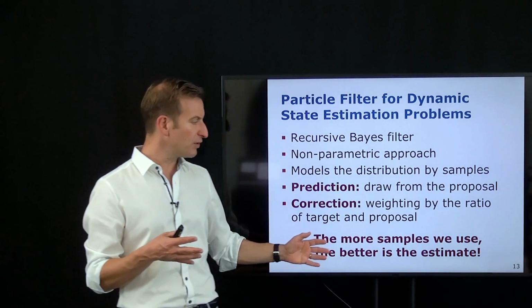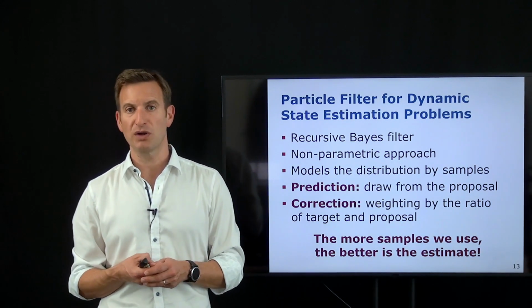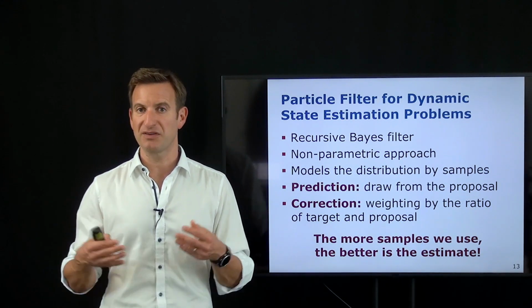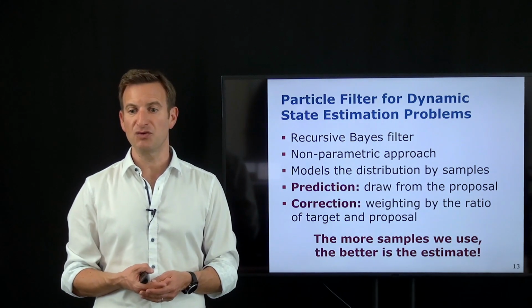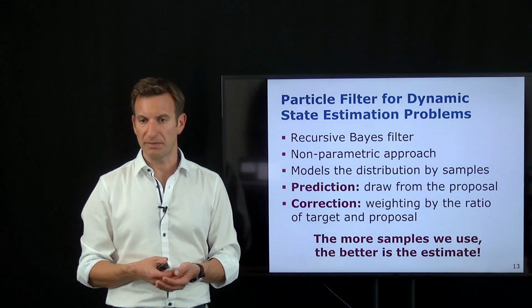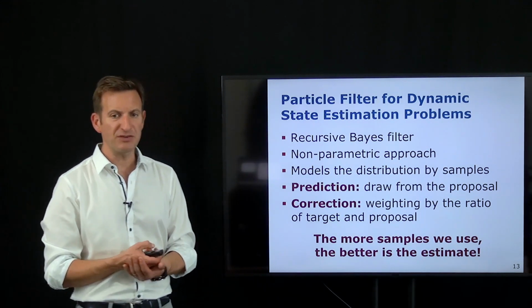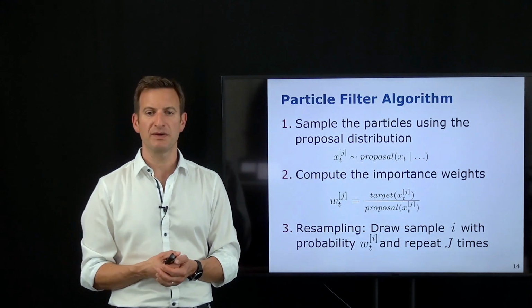One note, of course: the number of samples that you're using determines how good your approximation quality is. So the larger the number of samples, the better you can approximate or represent your probability distributions, so the better your performance in terms of estimation will be. And this brings us to the particle filter algorithm, at least in an informal form shown over here,